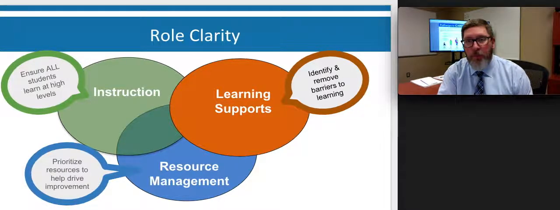Previously in Bloomington and probably currently in most districts in the state and likely around the country, learning supports is not well understood. It's the things we do to remove barriers for student learning. It's often sort of ad hoc around a district or cobbled together at a building level. Somebody goes to a conference and hears a great speaker or concept and brings it back to their building. It's not something that is often systematized in a district-wide way, which is what we endeavor to do here in